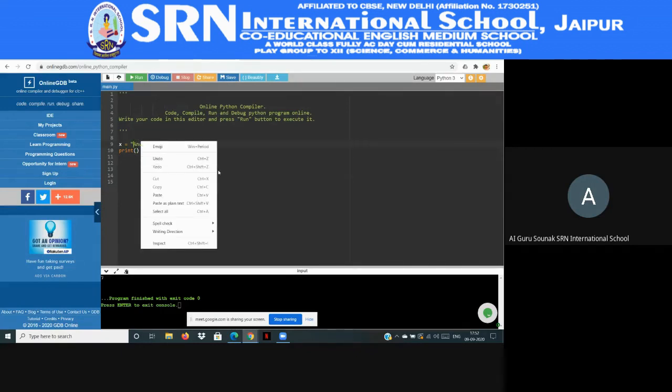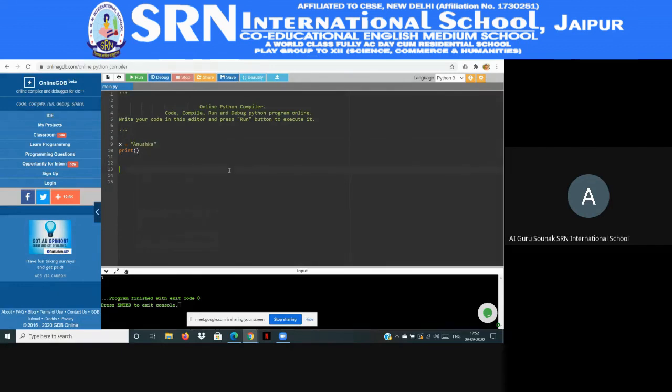To calculate the length of a string or anything in the Python programming language, we have the len function. Len function we use to calculate the length in Python. So let's do it.